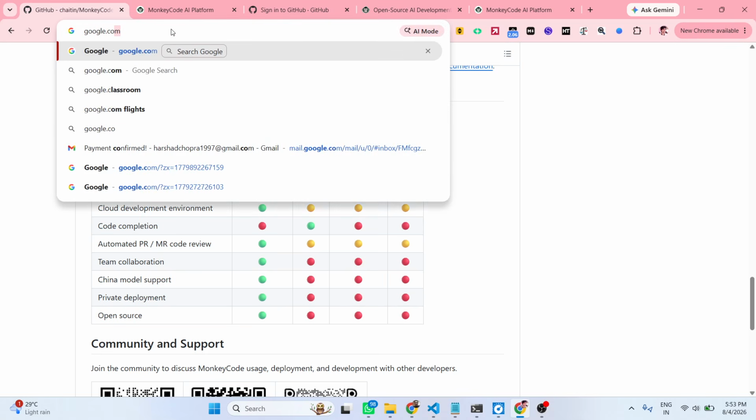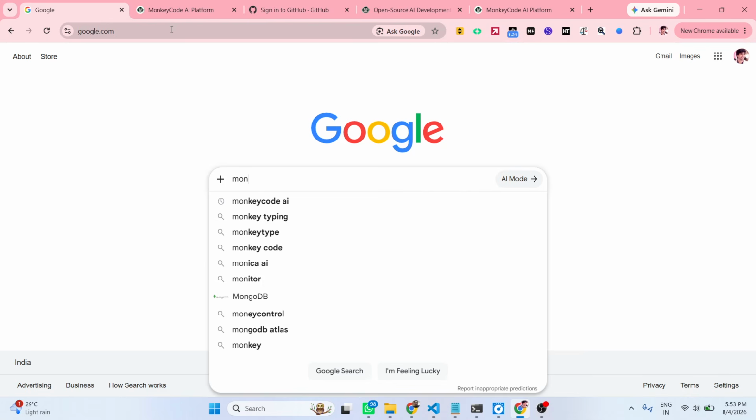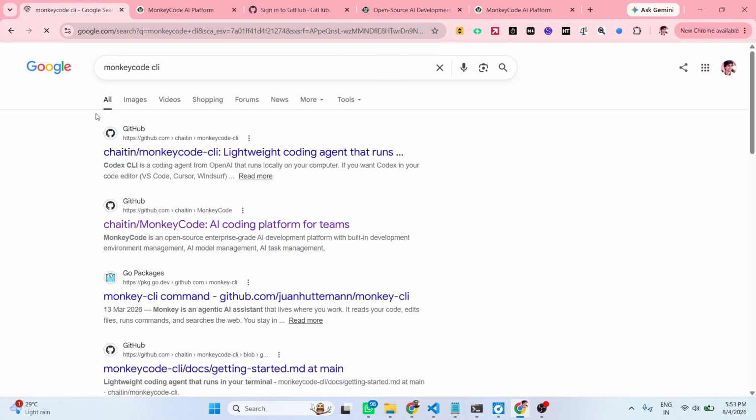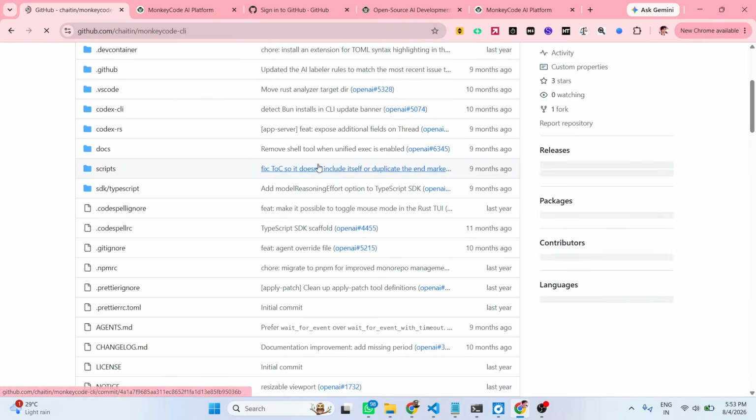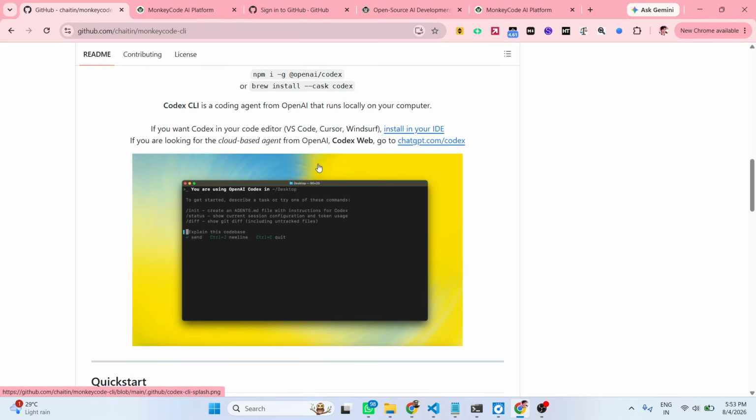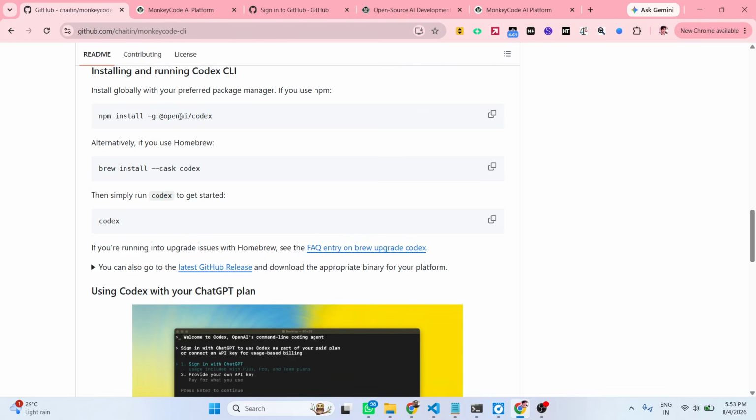So if you directly type here MonkeyCode CLI, it also has the CLI version as well. So if you do want to install this inside your machine, it's very simple. The command, so this is the CLI version. So now to install this,